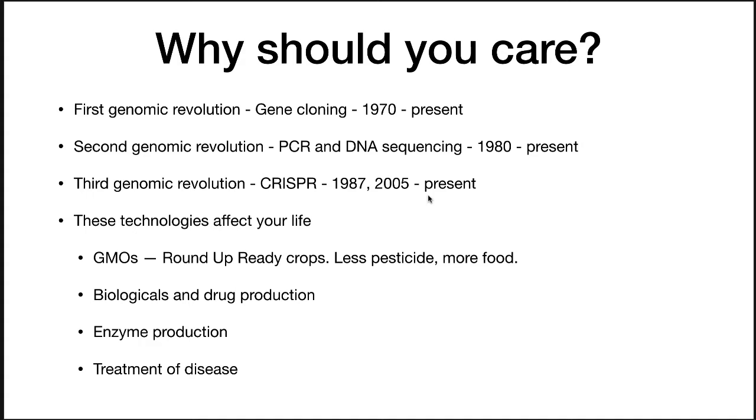The second genomic revolution came with the advent of PCR and DNA sequencing, and this is 1980 to the present. Once we were able to easily sequence DNA, mapping genes became trivial, and PCR made it possible to amplify any sequence that we wanted as long as we knew what the flanking regions were. And then we could get huge amounts of this. It made cloning and getting genes and making alterations quite a bit easier, but still a very intensive process, and it was a low frequency event, so you had to find the desired mutations that you wanted.